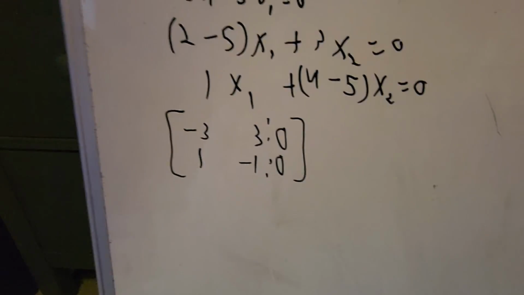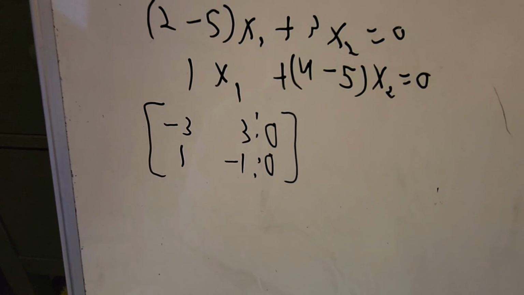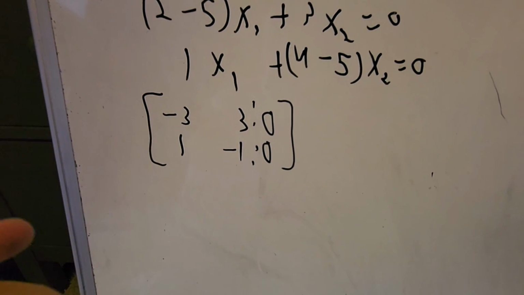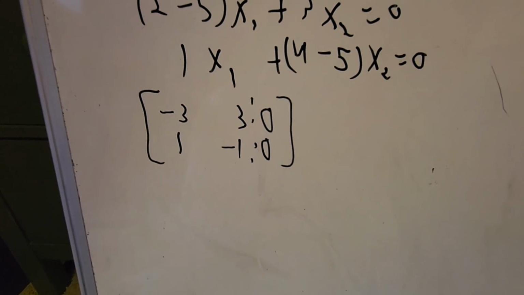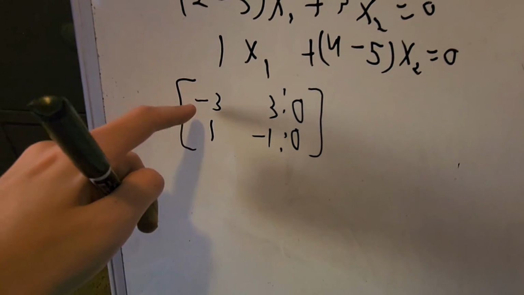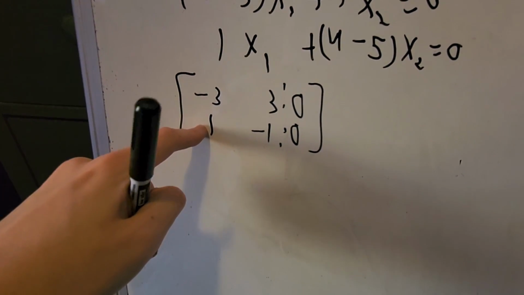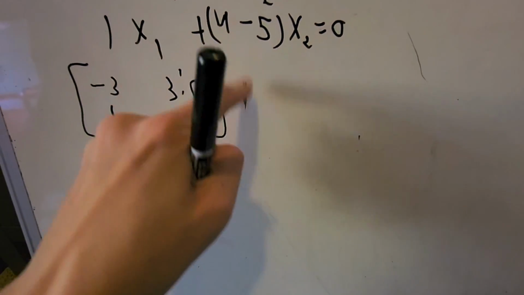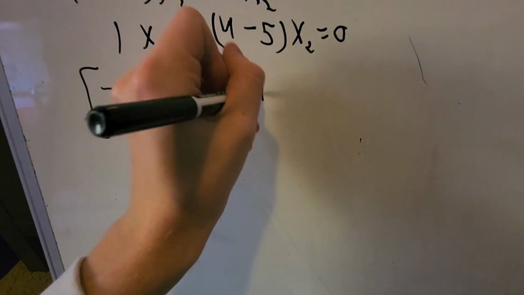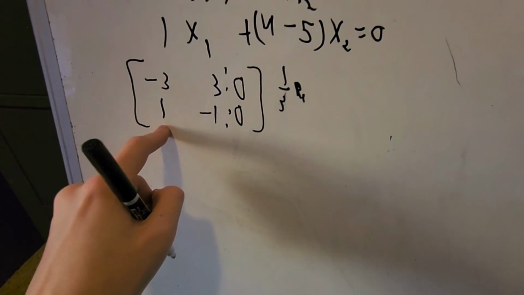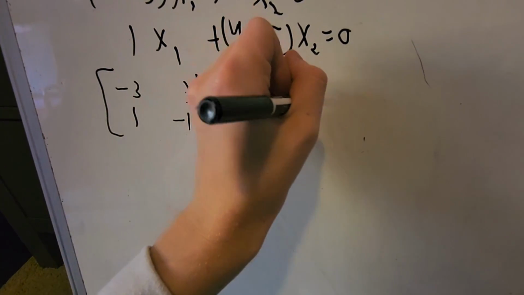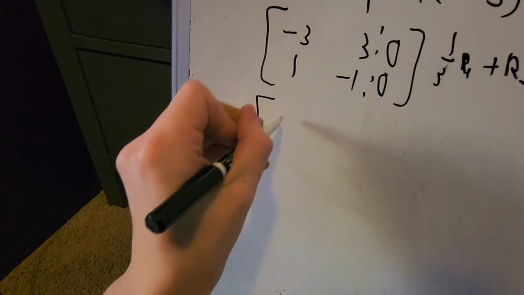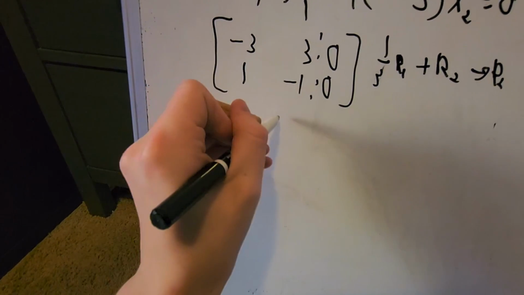Now I'm going to perform a series of row operations to try and figure out these values. And then if there's a free variable, we'll choose easy values. I realize that this is just 1/3 of the first row. So if I say 1/3 R1 plus row 2 replaces row 2, then we're going to get